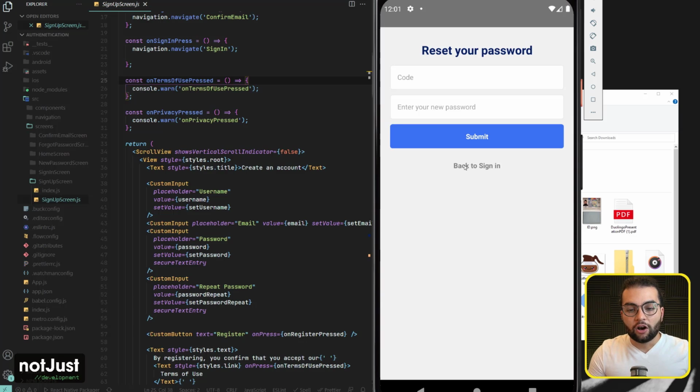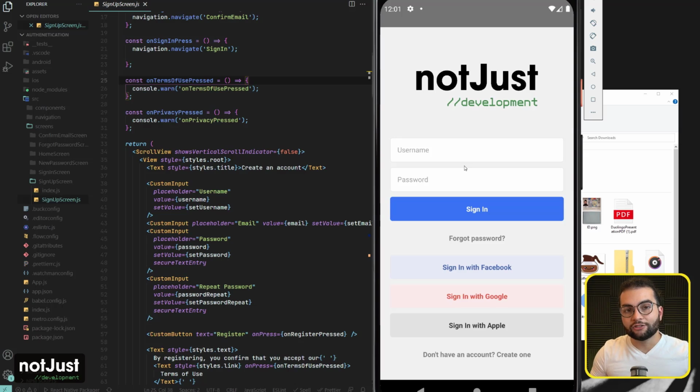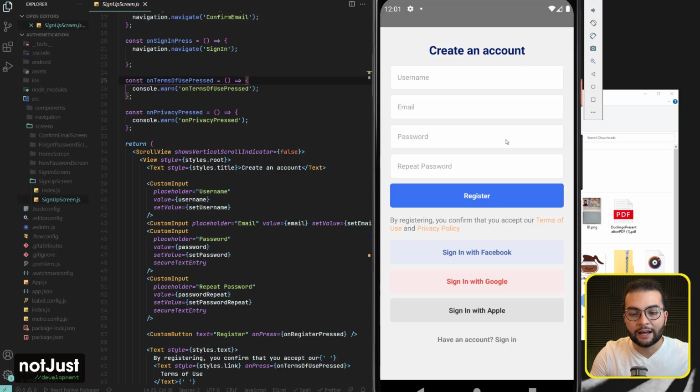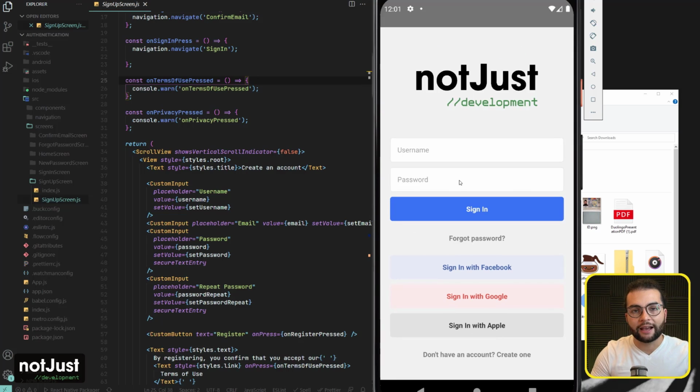your password. Also, in the next video, we're gonna integrate navigation to put all these screens together in order to navigate from one another. As you saw here in this demo, like don't have an account, we navigate to a sign up page, have an account, we navigate back, and so on. So make sure to follow the next tutorial to learn how to implement all of the remaining screens in our